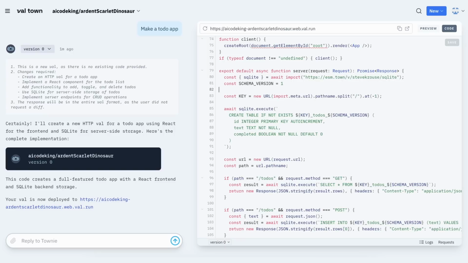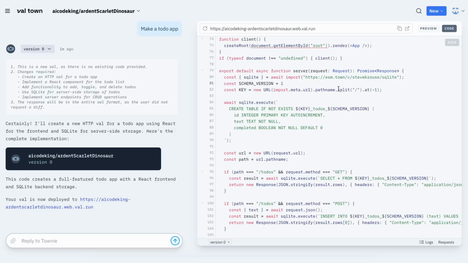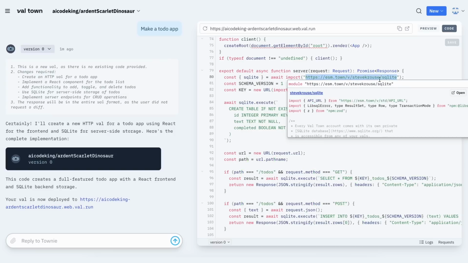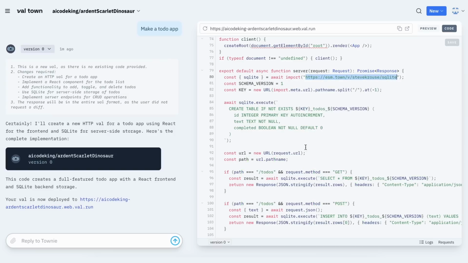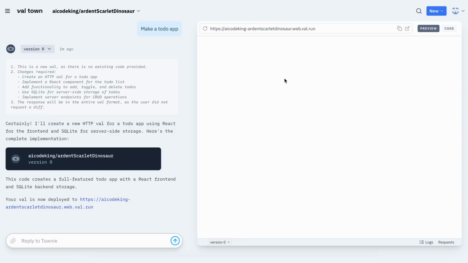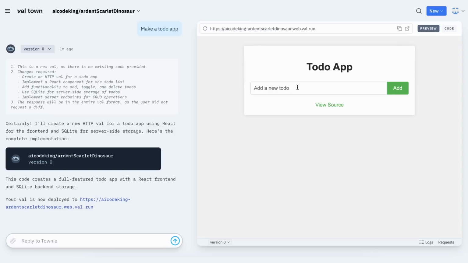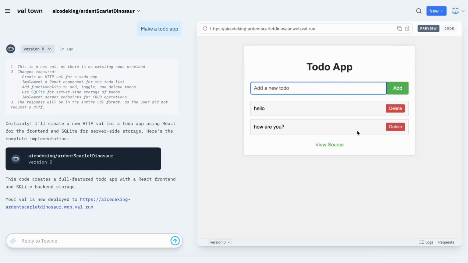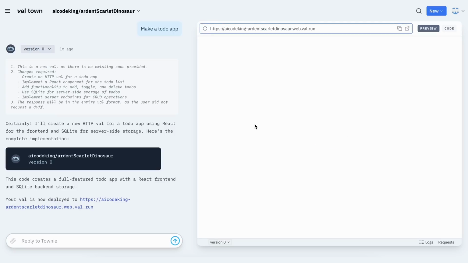Yes, so you can see that it used an SQLite database, which is remote and actually provided by Val as part of the account you create. Although, you can only store 10 megabytes, but that's fine. So, you can consider this like a full-stack app, and if you refresh it, you can see that it actually saves the data,